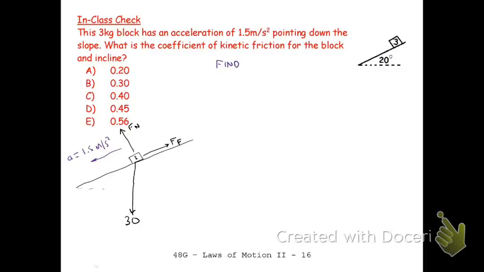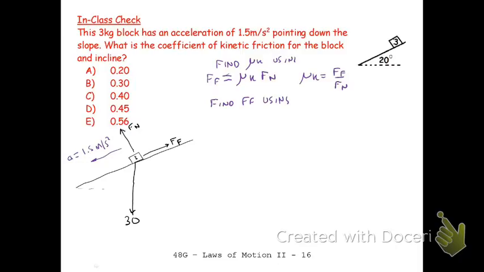Find mu k using FF is equal to mu k times Fn. Okay. Mu k is equal to FF over Fn. Okay. Find FF using,